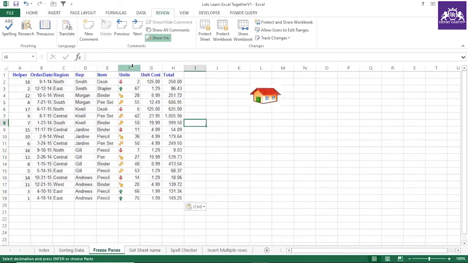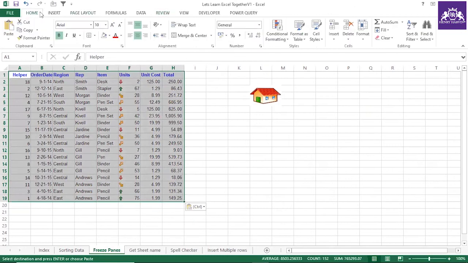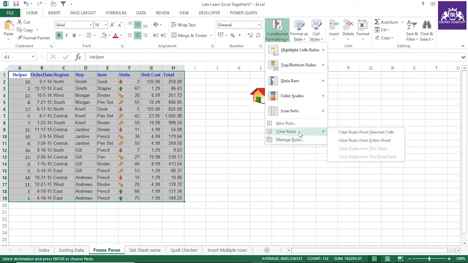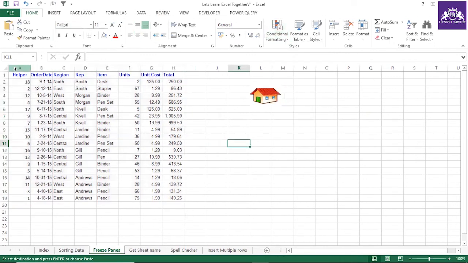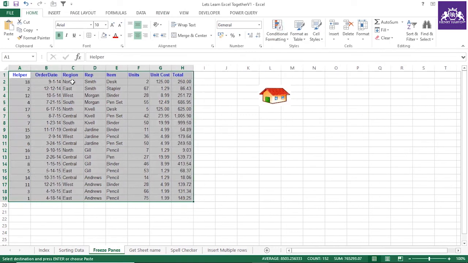Sometimes we have data which we have to showcase in a way that it looks nice. First let me go there and clear the rules from the entire sheet. It looks really nice now. So now, as I mentioned, sometimes you have to showcase data in a way that